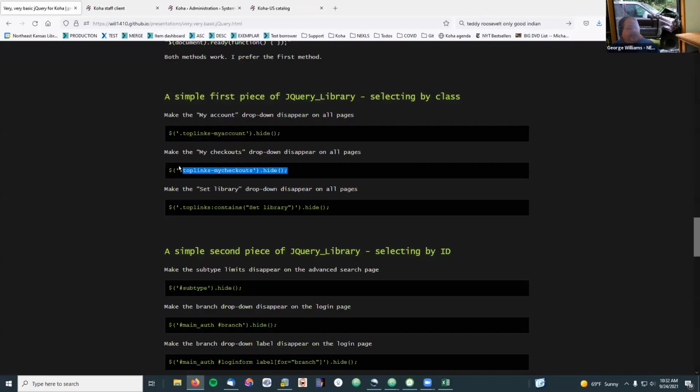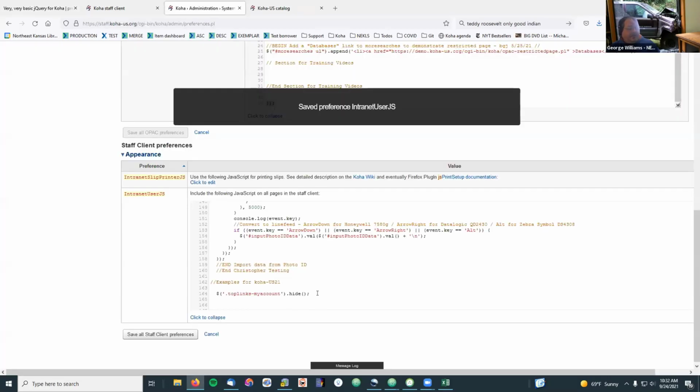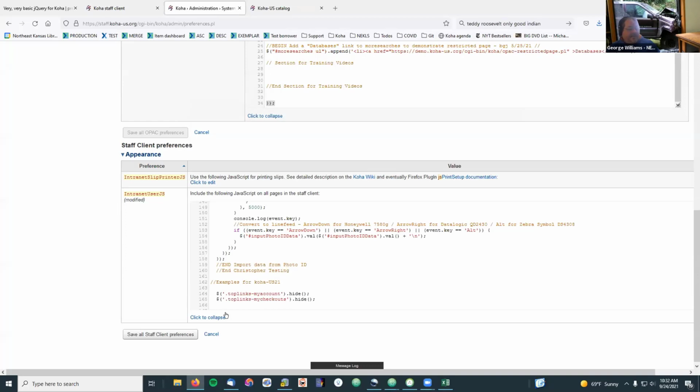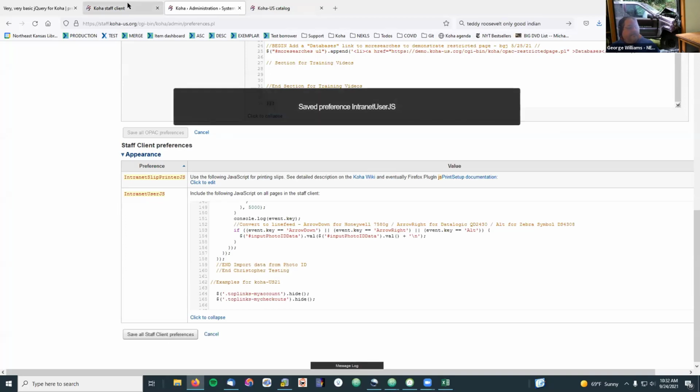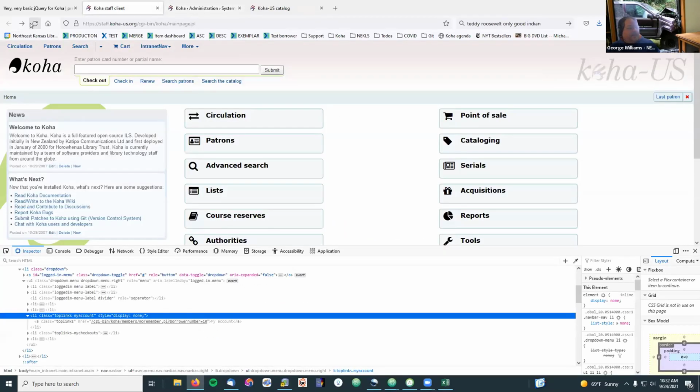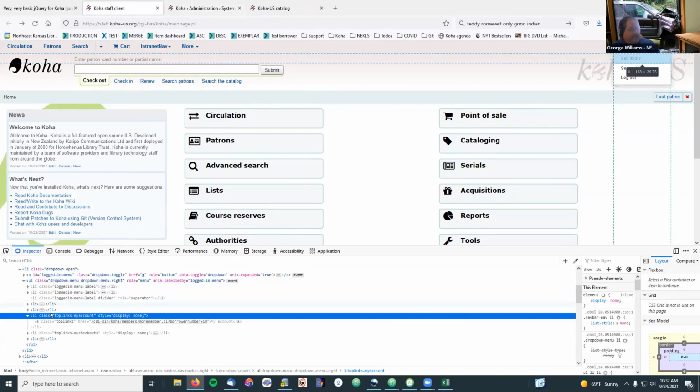We can do the same thing with the checkouts in that dropdown. I'm going to reload the page. And so now we've just got set libraries, search history, and logout. And if we look in the